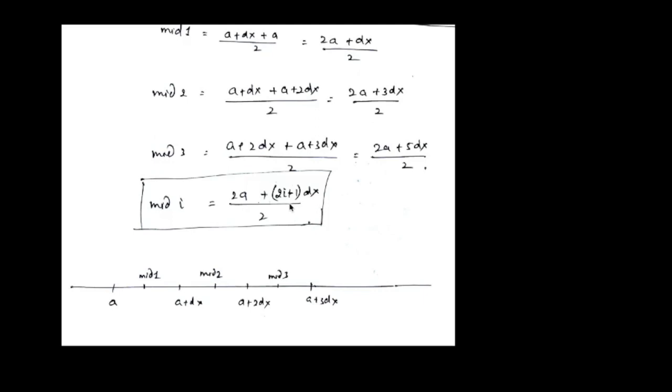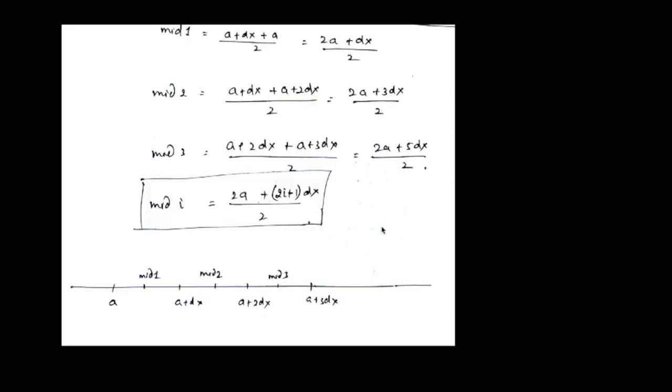Shouldn't it be minus 1? No, it can be minus 1. When we write the loop, the way I have written the program, I start the value of i from 0 to n minus 1. So the mid i formula is the general formula you have given, right? Yeah, this could be a general formula. Whichever program you are writing, you can use the same formulation for that. When i starts from 0, the first will be 2a plus dx by 2. When you put i equal to 1, it will be 3 dx. When you put i equal to 2, it will become 5 dx, and so on and so forth.